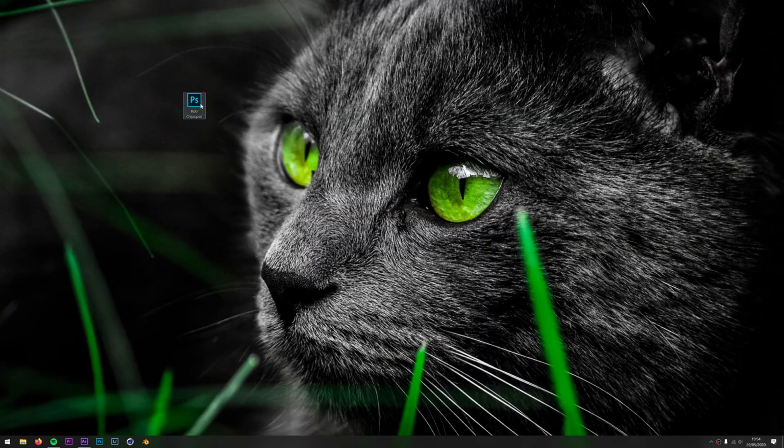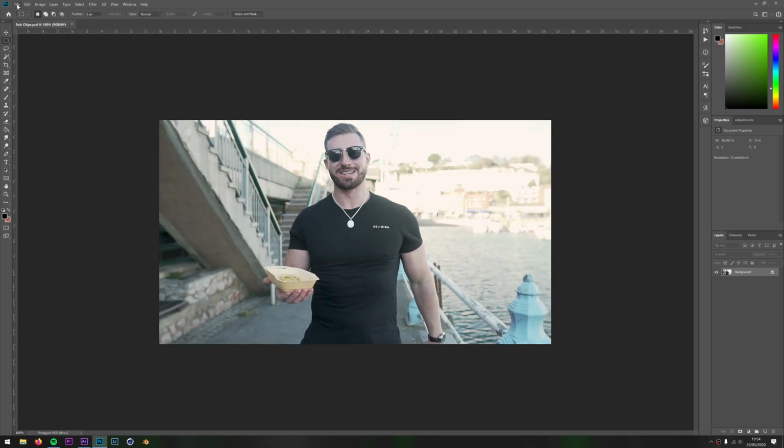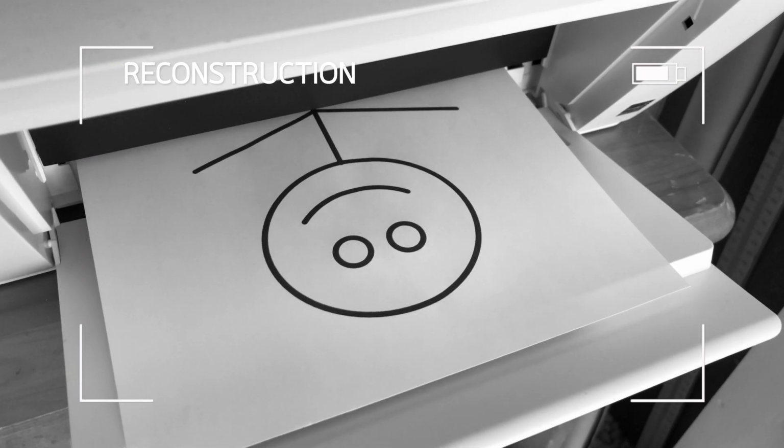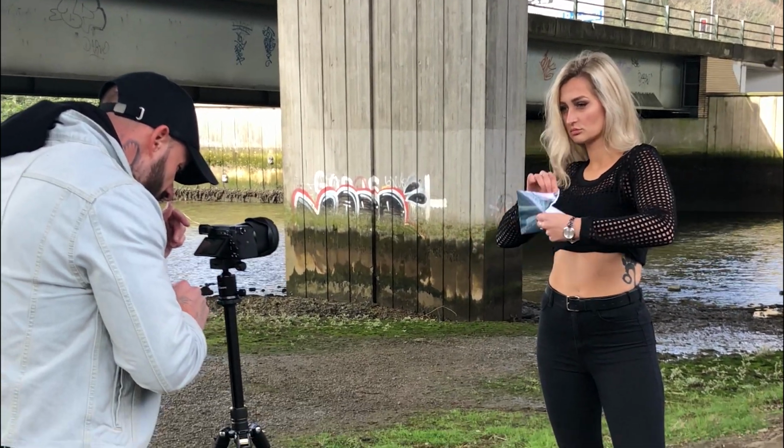Then open up that Photoshop file and you can crop it if you want or be ghetto like me and print it out as it is. Save it as a PNG or JPEG, then print this out. Make sure you print a few copies just in case. Tell your model to hold the photo square to the camera, then rip it up.